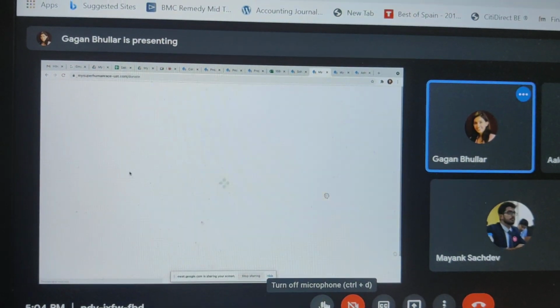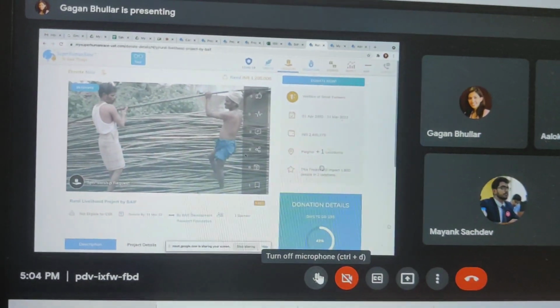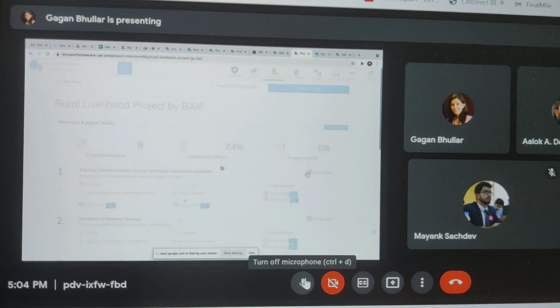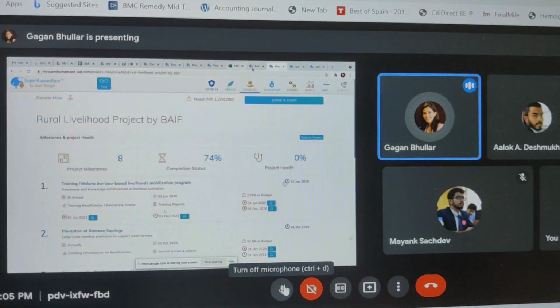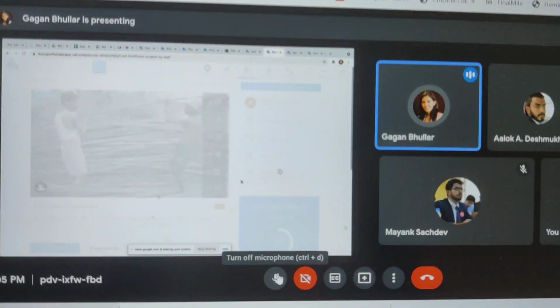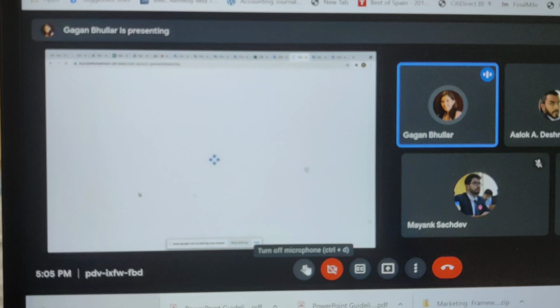Okay. For the expenses form, Gagan, that you were mentioning, how does it classify into administrative cost and core program cost? So how do you mean? How does it classify? So how do I select which cost goes where? Yeah. I can actually show it to you in the edit view.